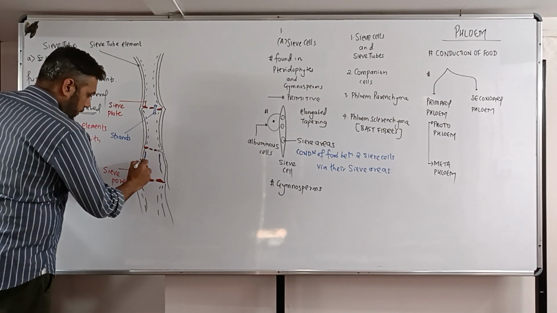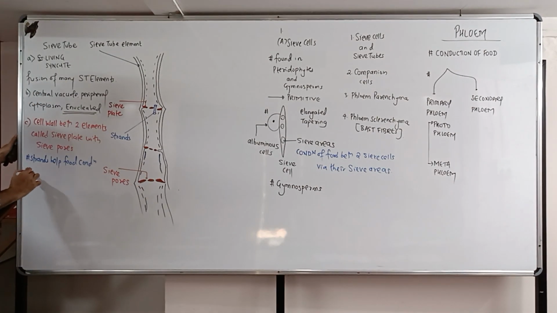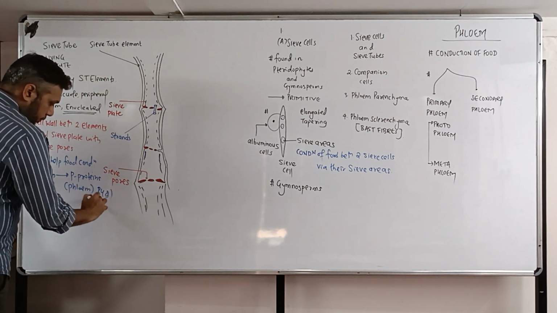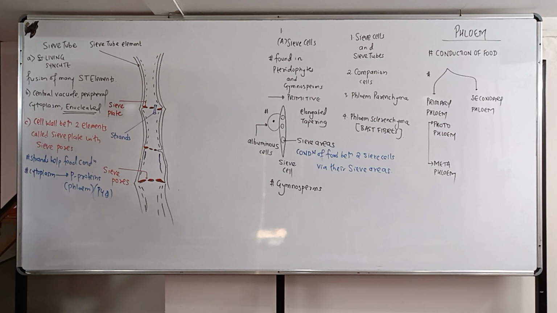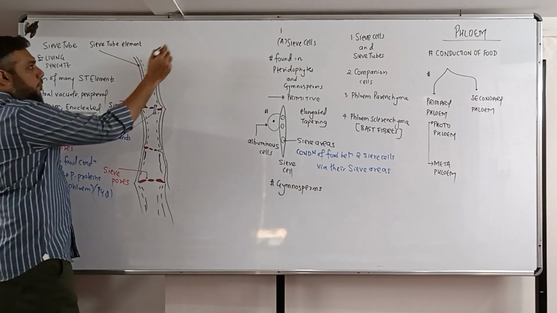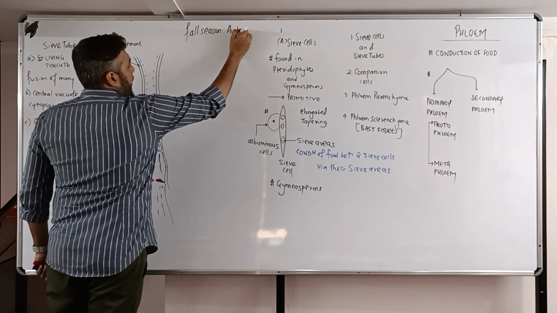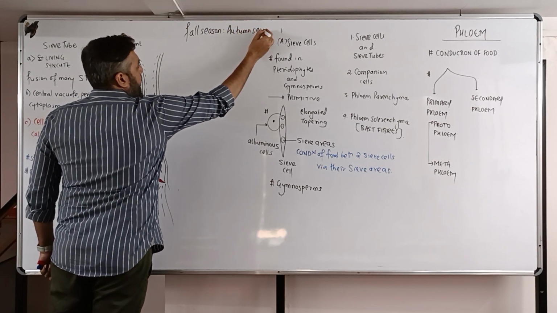The cytoplasm shows the presence of a type of proteins called P proteins. That is the phloem proteins. Okay? These P proteins are protective in function. During the fall season, that is during the autumn season